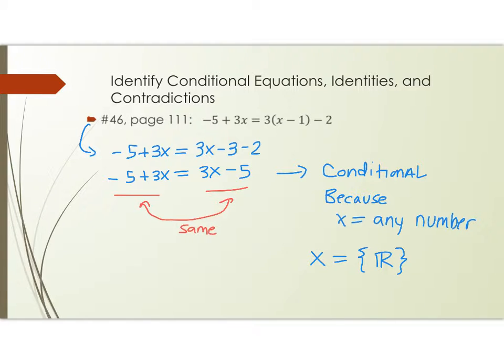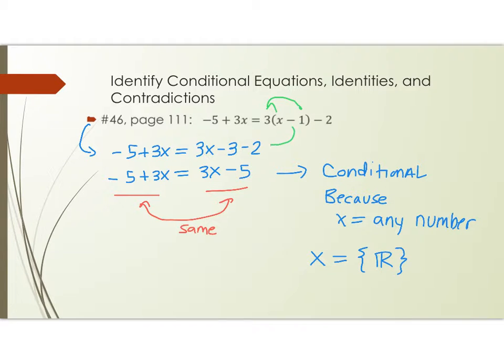So in this particular case, this is number 46 on page 111, we have negative 5 plus 3x is equal to 3 times (x minus 1) minus 2. Well, the first step is, of course, to distribute the 3. So in this case we would distribute the 3 in the parentheses,